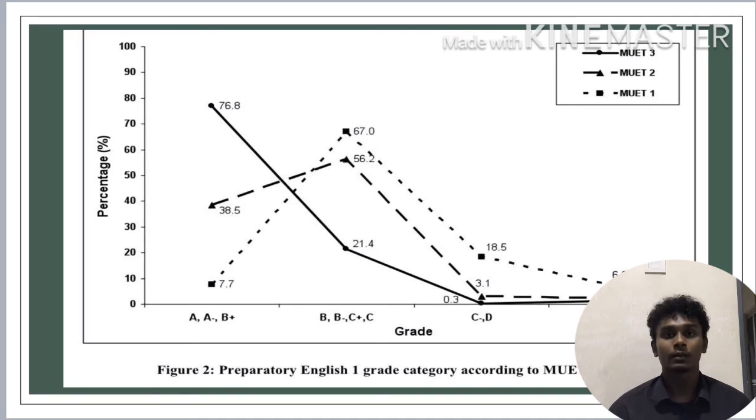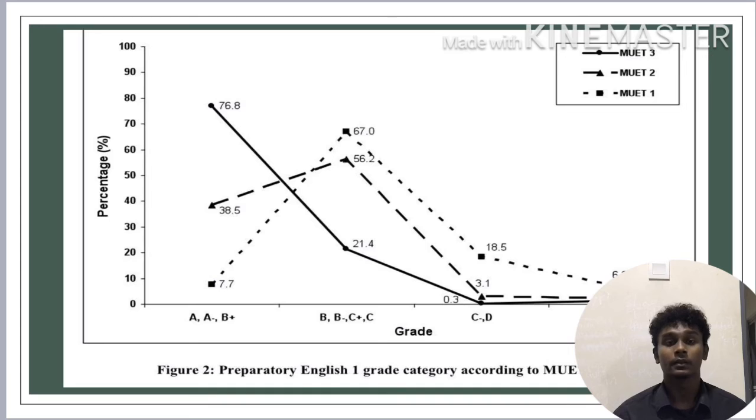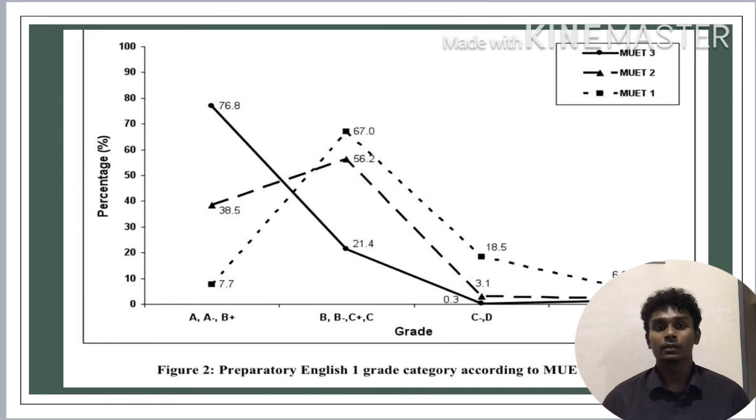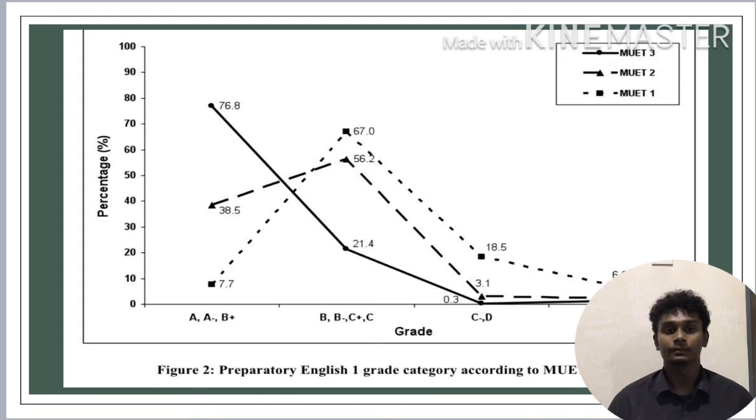So for that, we are conducting a survey based on the behavior of students in learning English, because the behavior of students determines whether he or she is really interested in studying English. The survey has been conducted at Polytechnic Sultan Abdul Halim Muazzam Shah, also known as Polimas. The students who answered are mostly from the age of 18 to 22, and students aged 20 answered the most in this survey.